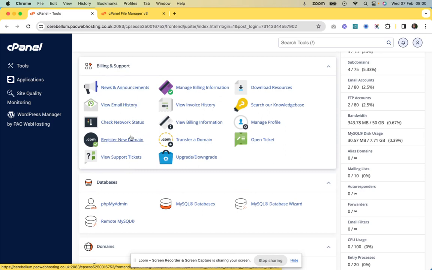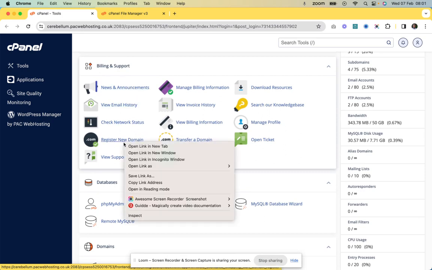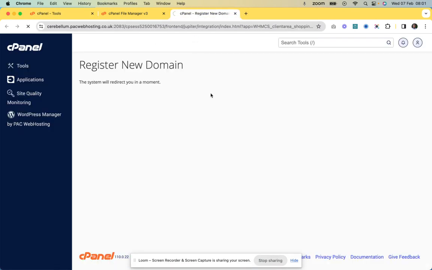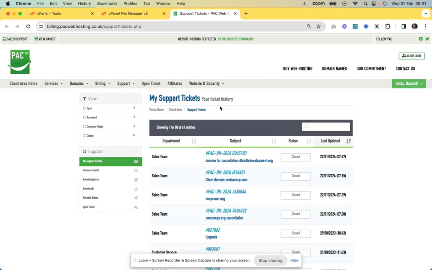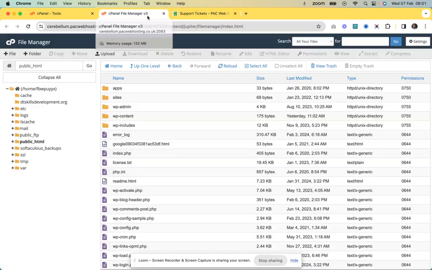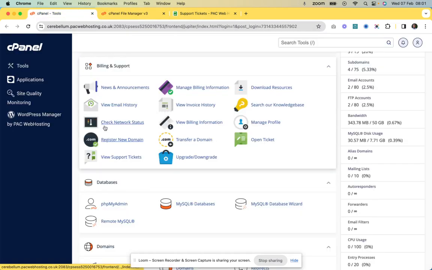We have register new domain here, where you register a domain. You add a domain there. For instance, if you want to, you can register a subdomain like that. So you're gonna register a new domain there. Because this is a service provider, click there, it's gonna just add it to the service provider, or you can create a new domain. And here, if you want to transfer a domain,